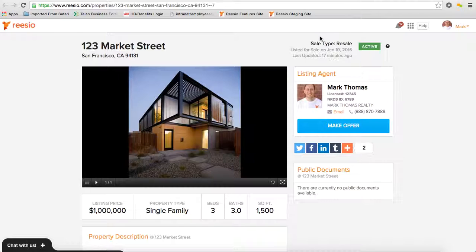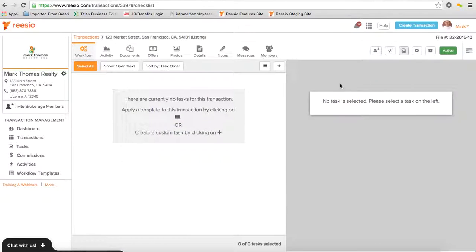Now let's say you want to turn off the single property page website for some reason. Let's say it's a pocket listing or a pre-listing or something like that, and you don't want the single property page website to be out there for people to find it. If you come back here into the transaction dashboard and click on the little cog wheel over in the upper right corner,